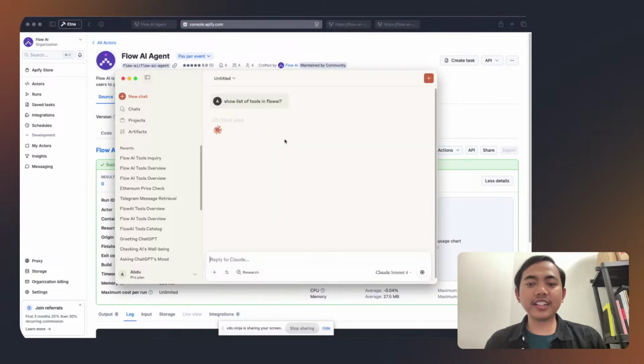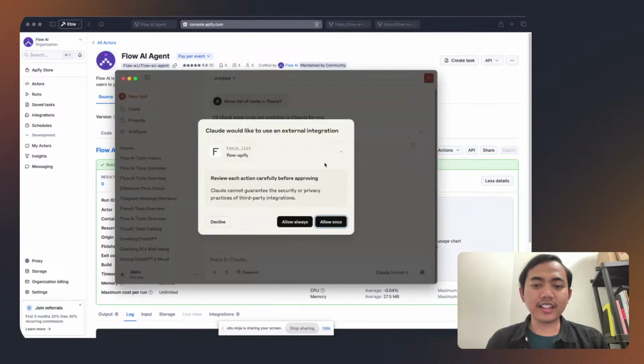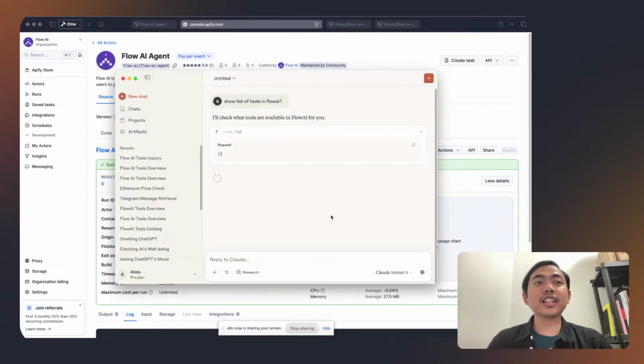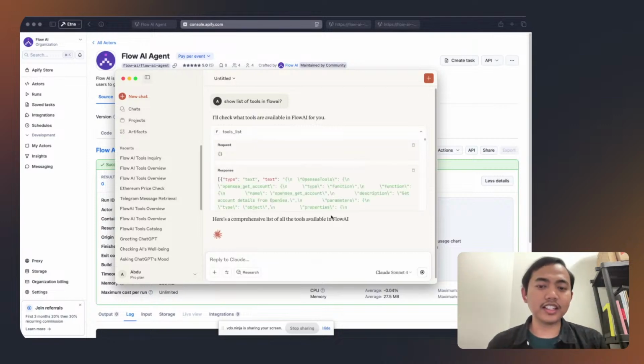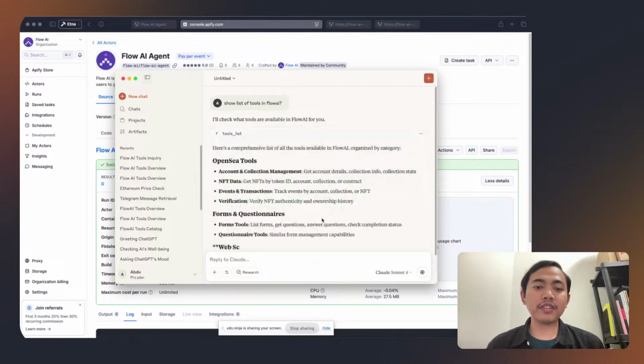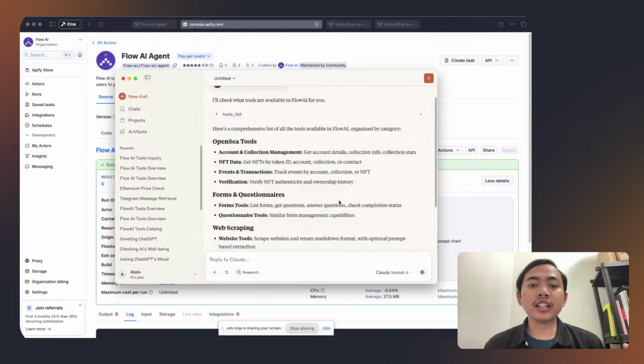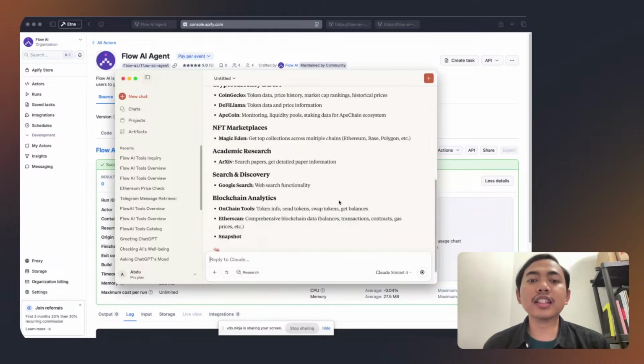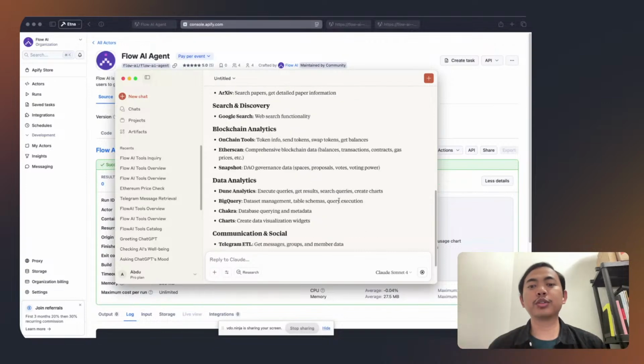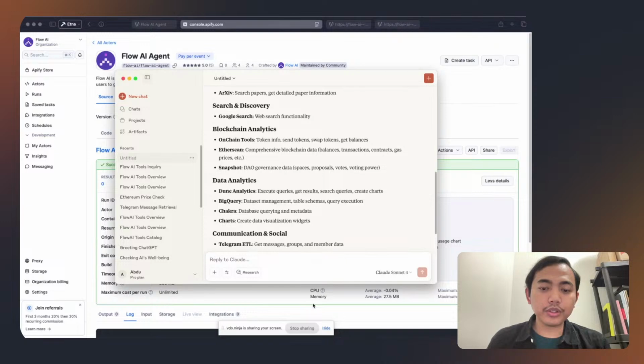Yeah, finally. Nice. Finally, I'm lucky. I allow the call. Yeah, we got the results. There are a lot of tools that we've already provided: NFT, account collection, verification of NFT, web scraping. There are a lot of tools that we are opening up to our users. And instead of going to specific tools, now you can just connect with our MCP server and ask any questions. So now you can ask a follow-up question.